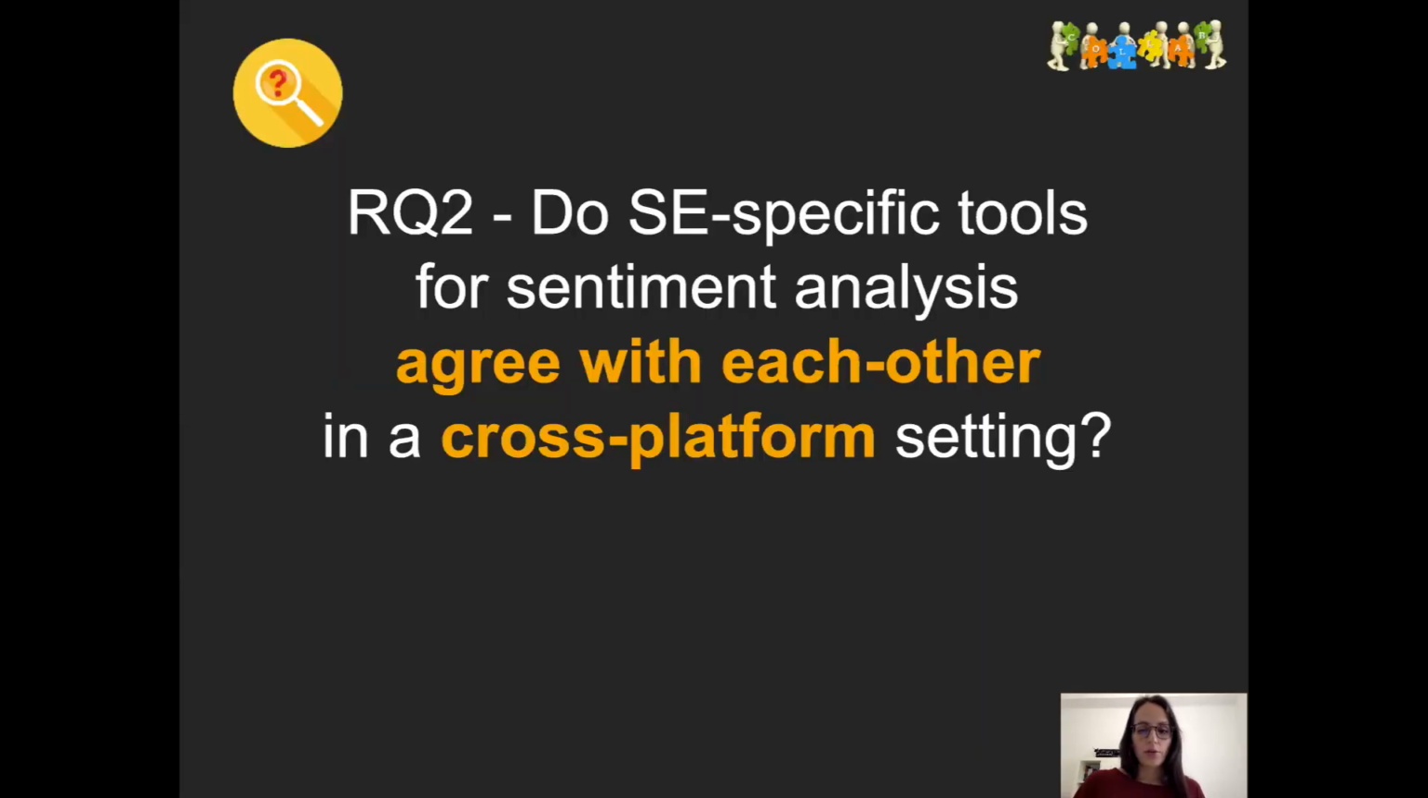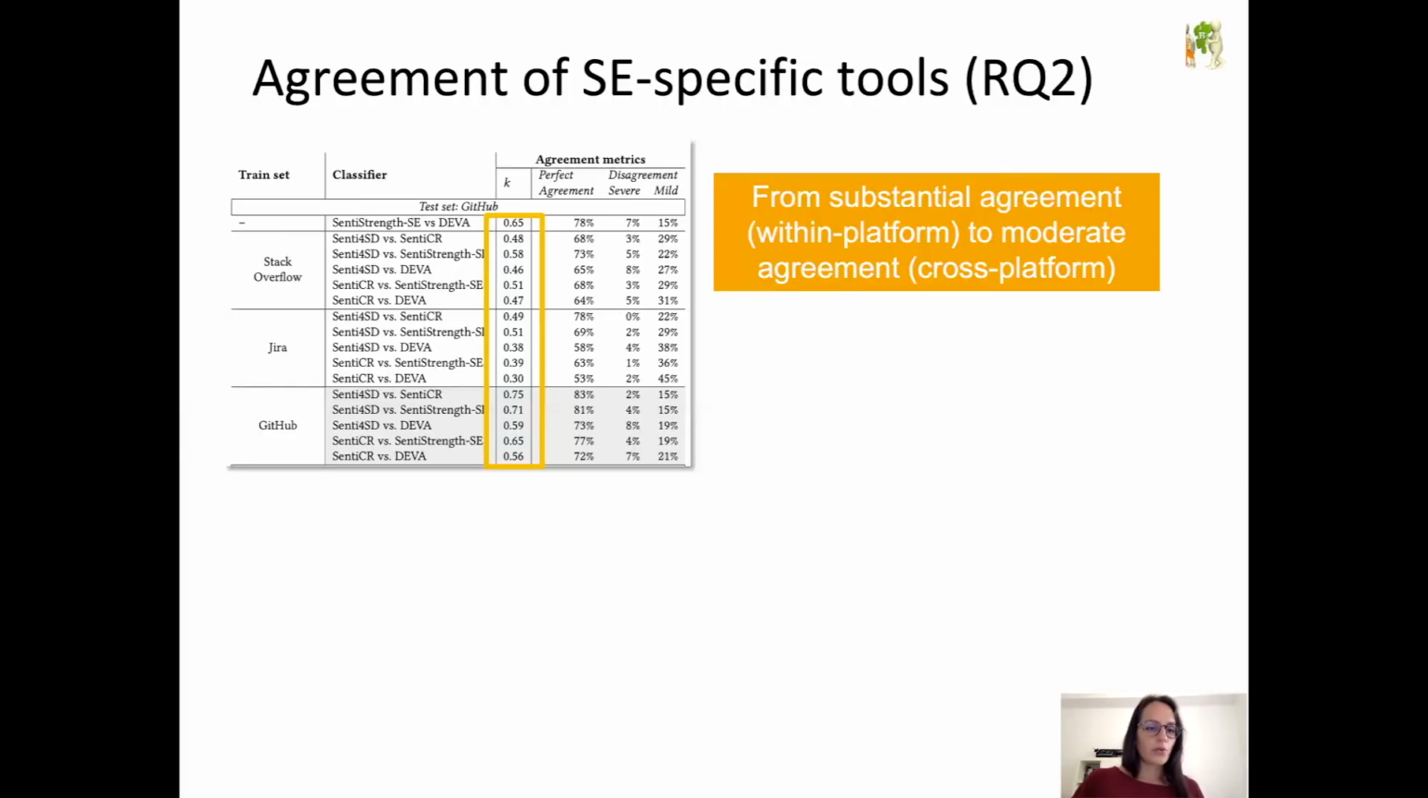So going back to our second research question, to what extent do the tools agree with each other in a cross-platform setting? Which means, what are we going to see if we use different tools? Do we end up with different conclusions regarding the labeling of our text for our study? So what we observe is that